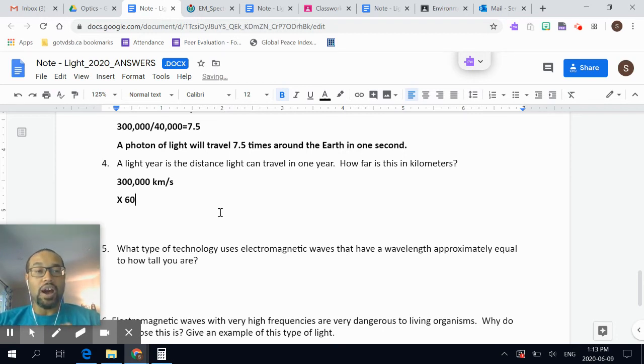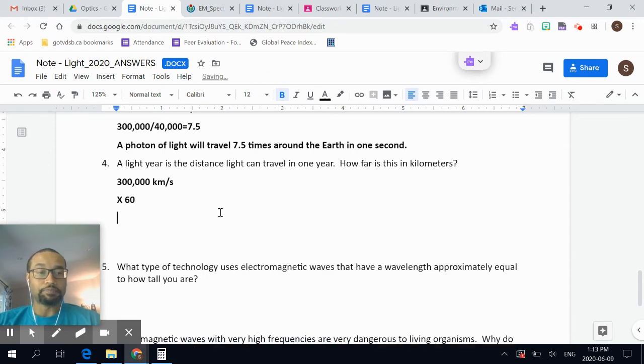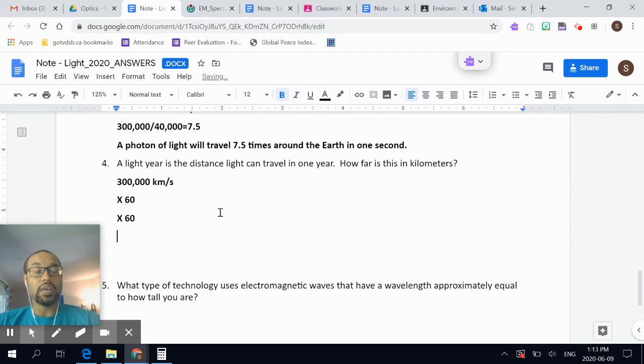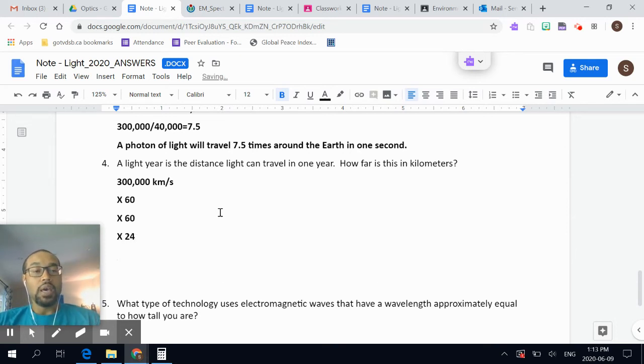Now, if I want to figure out how far that light will travel, not in 1 minute, but 1 hour, there's 60 minutes in an hour. So let's multiply by 60 again. Getting closer. How about 1 day? Well, there are 24 hours in a day. And then to get to a year, there are 365